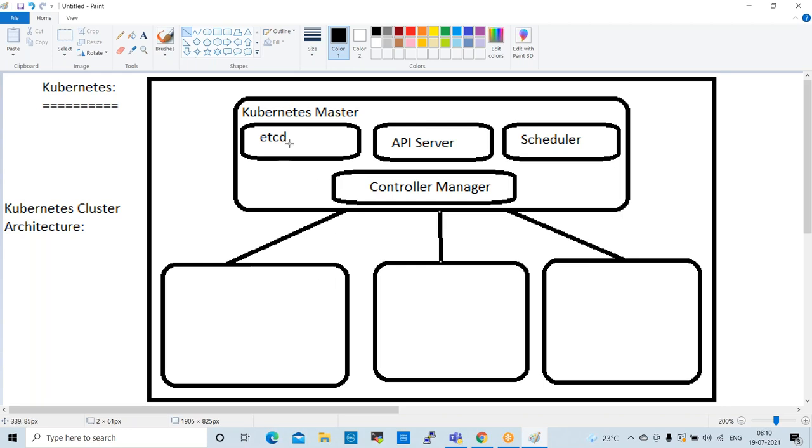Right, fine. So the Kubernetes master has 4 components, which are etcd, API server, scheduler, and controller manager. These are the major components, right? And also the node servers, Kubernetes nodes. This is a Kubernetes node,